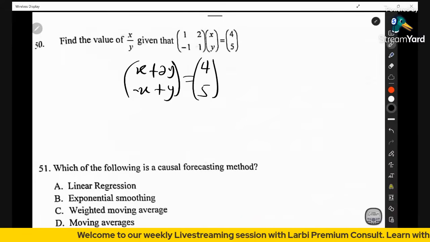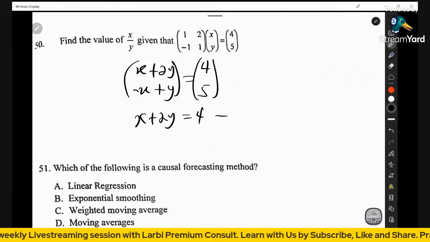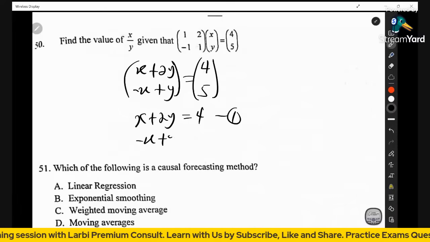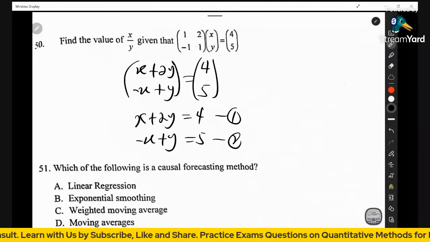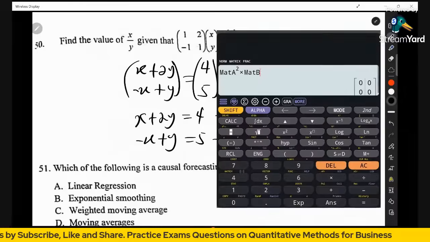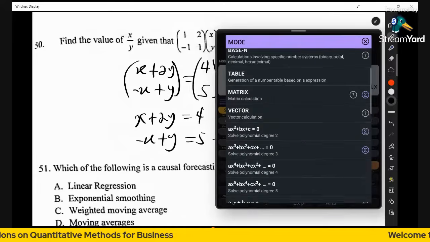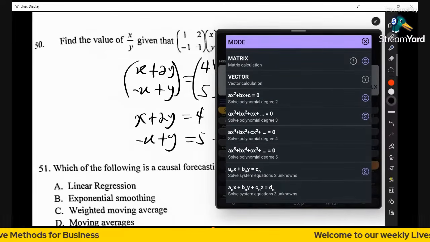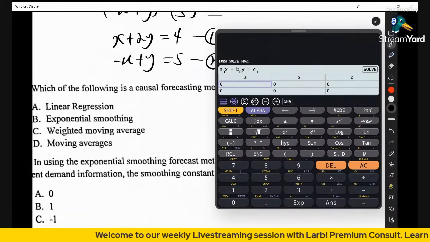Okay, so this is what we're going to do. We have x plus 2y, and that should be equal to 4. Equation 1. We have negative x plus y to be equal to 5. Equation 2. Once you're able to get this, we use our calculator to deal with this. On your calculator, you go to mode, you select 5, and you identify ax plus by is equal to c. Something like this on the calculator. Okay, so once you identify this,